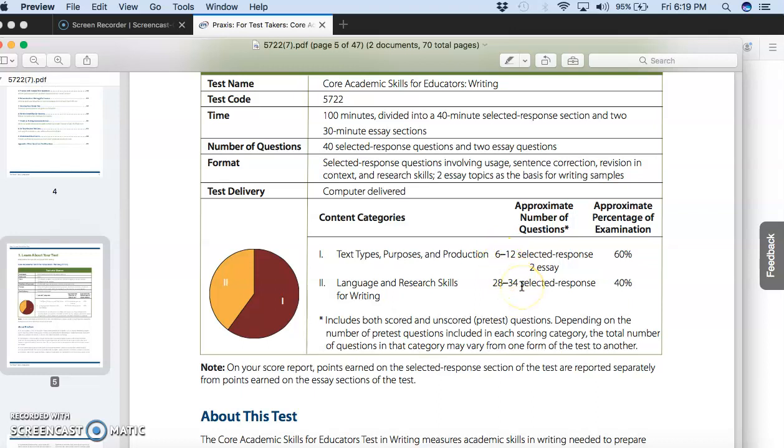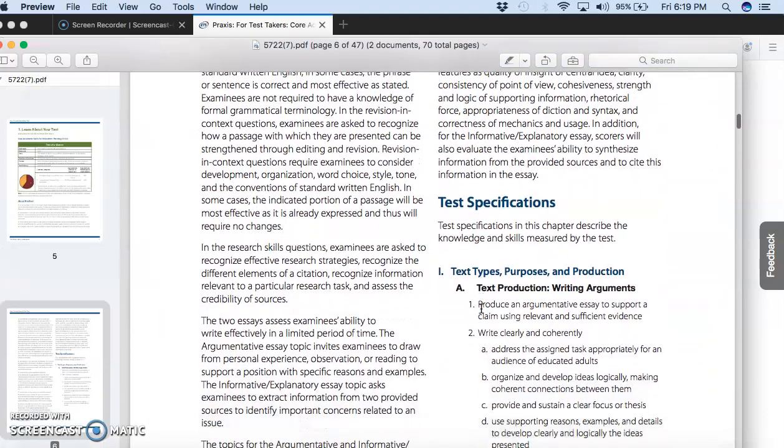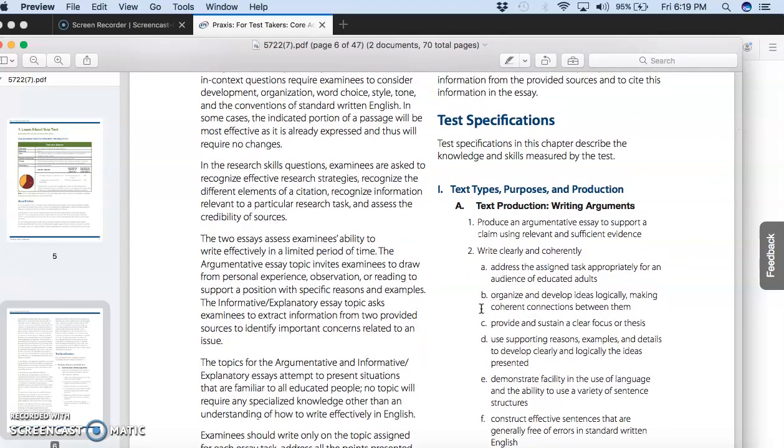and the highest number of the language, you're going to see that these both equal 40. What that basically means is that you don't ever know which version of the test you're going to receive and how many of each type of question you are going to complete. When you keep on scrolling down, you're going to see the breakdown of each of these content